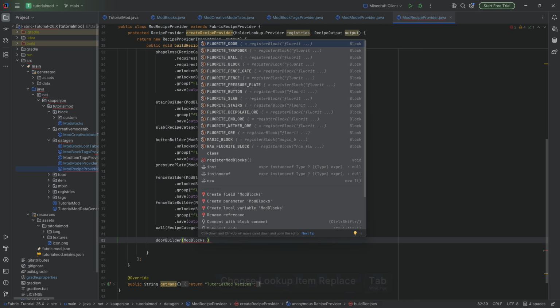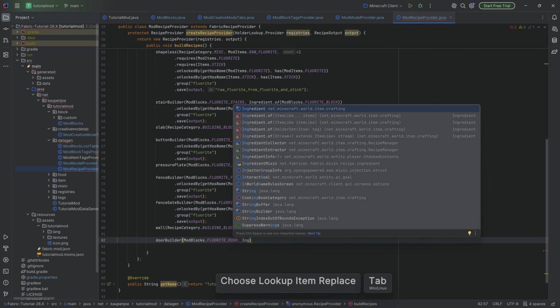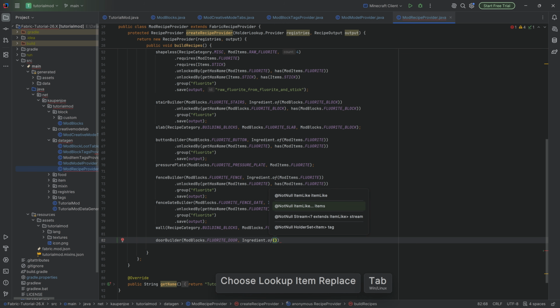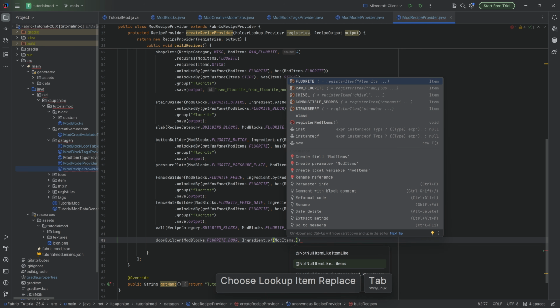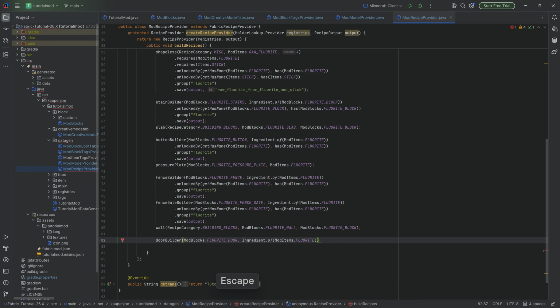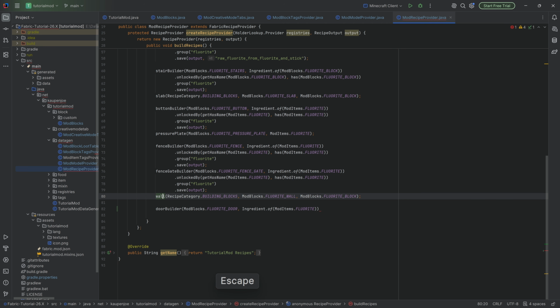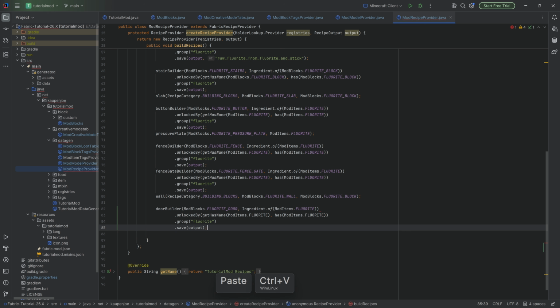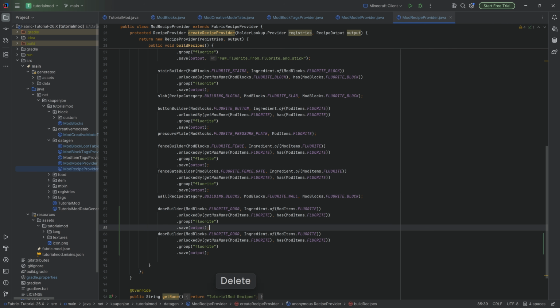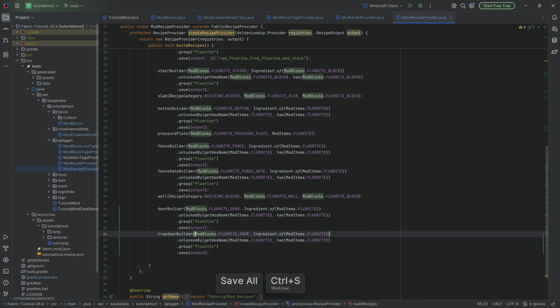So modblocks.fluorite door with an ingredient of, now what ingredient of is this going to be? Mod items.fluorite, I believe. Now, why do we do that? Because the wall recipe and the trapdoor recipe are exactly the same, right? Am I crazy? Am I tripping? I might be tripping, but I think that they are the same. So we're going to use the fluorite item instead of the fluorite block for both the door and the trapdoor